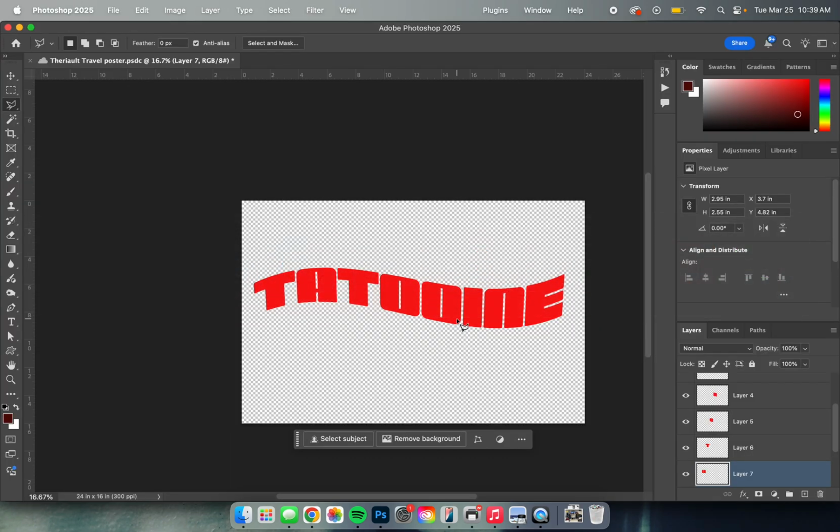All right, so now, rather than making you watch while I did every single letter, we don't really need to do that. Now we actually have all our letters on separate layers. If you want to, I'm going to go ahead and do this. You can actually, this will help you maybe later on. I'm going to change the name of each layer to the name of the letter that's on